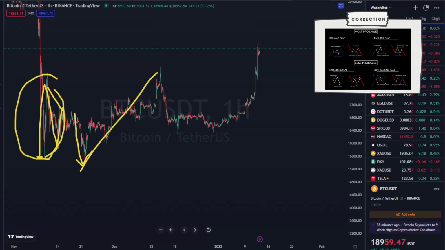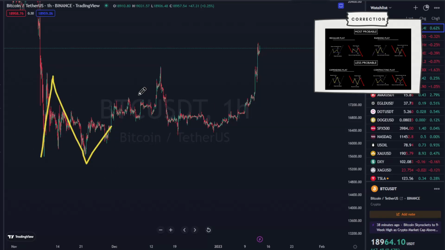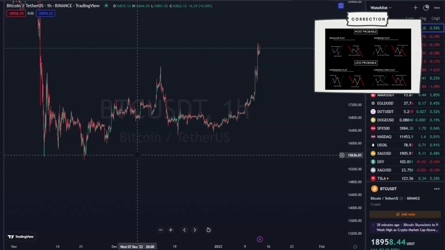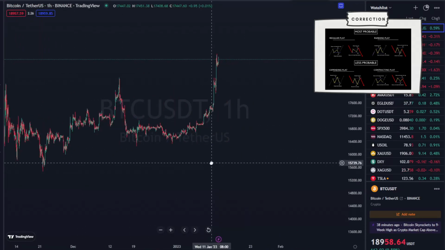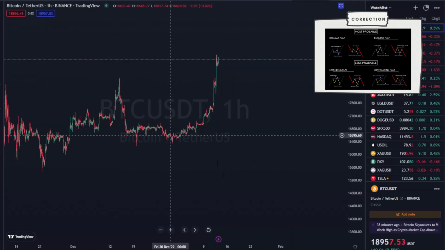So you start a new move, compared to expanding, where when you break the low, you're still in the correction, you break the top, you're still in the correction, and you're looking for the down move until you break it, you're still in the correction. So that's the difference, and that's why I think it's a contracting. Now, it's my opinion. I think a few different wave traders will not see it the same way. I really think it's looking like this, but the most important part is what's coming next,